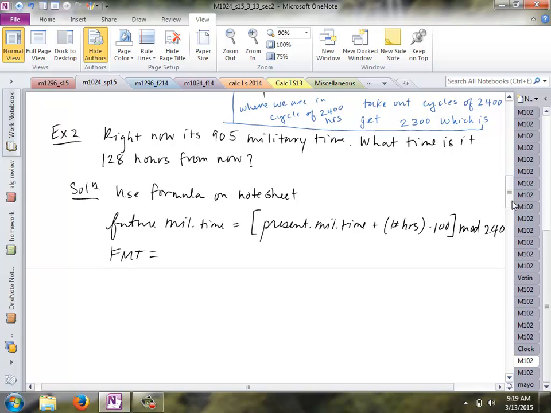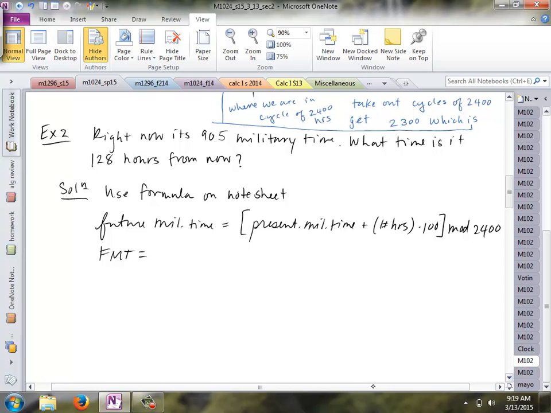So just looking at the formula on the formula sheet, which you'll have on your test, future military time is the present military time plus the number of hours times 100. That's in brackets mod 2400. So for short, FMT is equal to brackets. Our present military time is 9:05 plus the number of hours is 128, times that by 100,